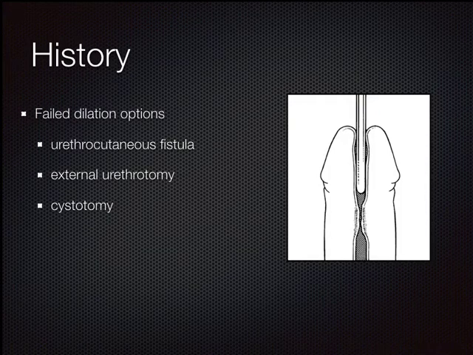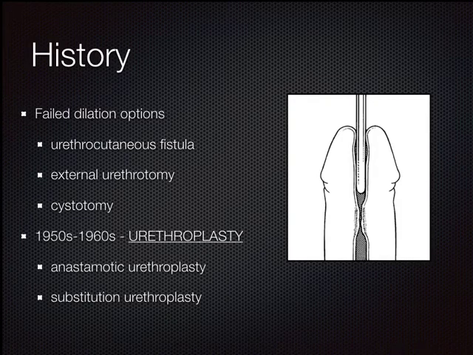The first was to hope for the development of a urinary fistula to allow for drainage, and the other two options were quite dangerous at that time, and that was to perform an external urethrotomy or a cystotomy. And this was all that was really readily available until the pioneering efforts in the 50s and 60s developed the concepts of urethroplasty, which still to this day is driven by two principal surgical procedures. One is anastomotic urethroplasty for short strictures, and the second is substitution urethroplasty for longer strictures, and I'll be discussing